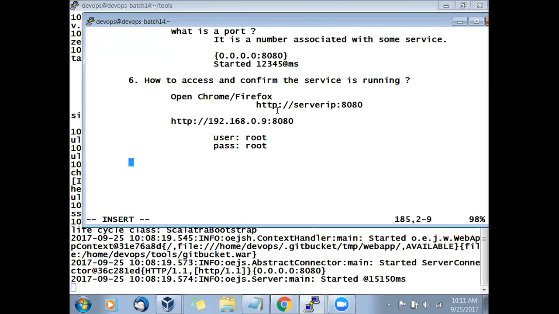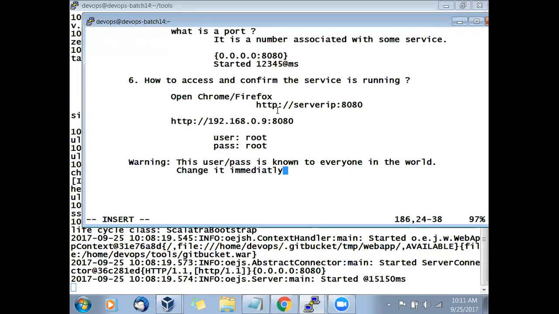Note, warning. This username and password is known to everyone in the world because this is the default username and password. So what you need to do? Change it immediately to a strong password.